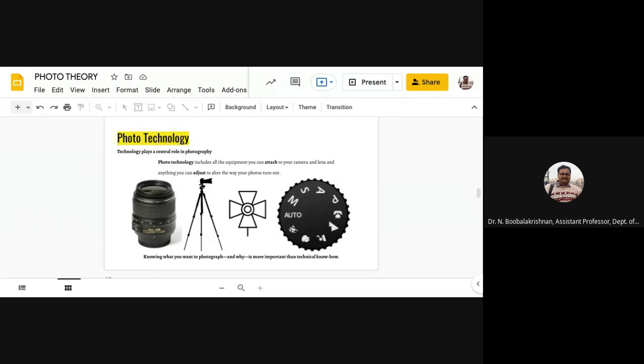The definition for photo technology is: it includes all the equipment you can attach to your camera and lens, anything you can adjust to alter the way your photos turn out. So see two words, attachment and adjustment. No need to mug up the definition.